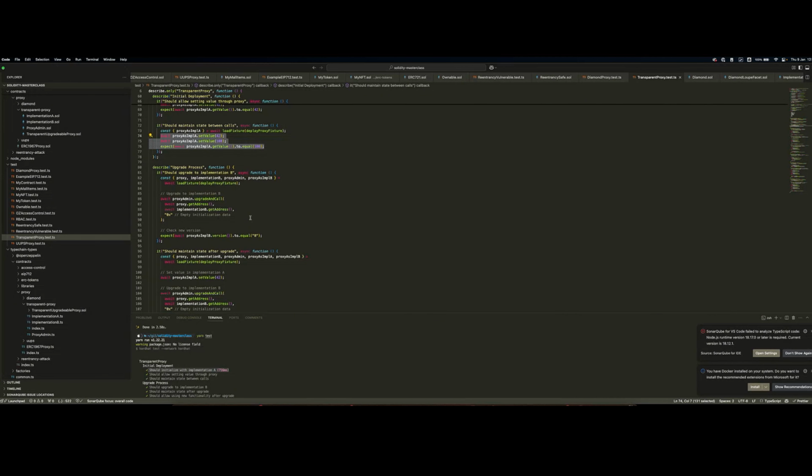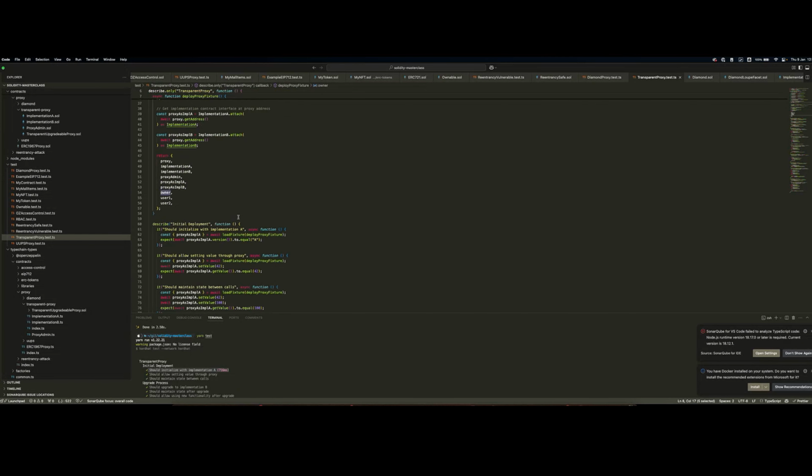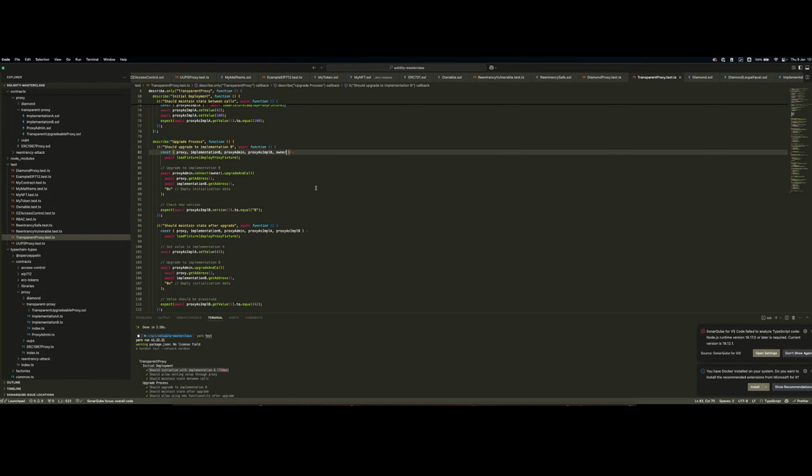But in the upgrade part, here is where the magic happens with proxies. And in the case of the transparent upgradable proxy, what we're doing is actually interacting with the proxy admin contract. So this operation here, in reality, is like performing proxyAdmin.connect with the owner, where the owner is the owner of the proxy admin contract. Let me quickly import the owner here. So when you see a contract interacting with a function without specifying who is actually calling that function, it's like indirectly specifying the first Hardhat signer of the signers array. So basically, this is the equivalent of